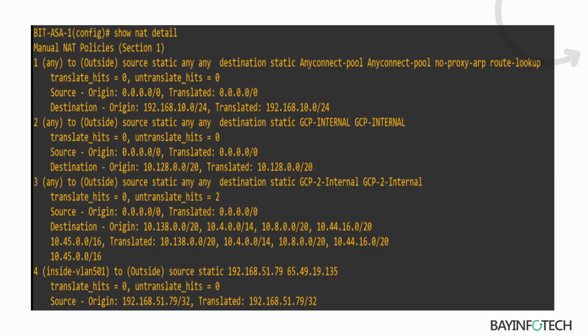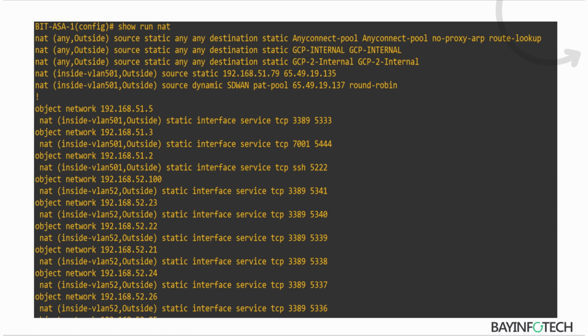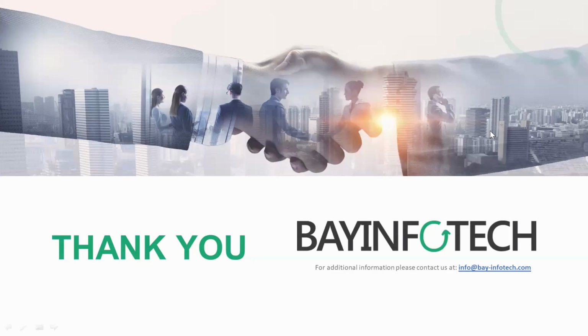So now with the help of NAT, you know for a fact that you can save a lot of public IP addresses. And now that you're familiar with what NAT covers,